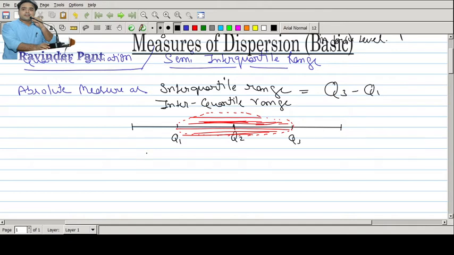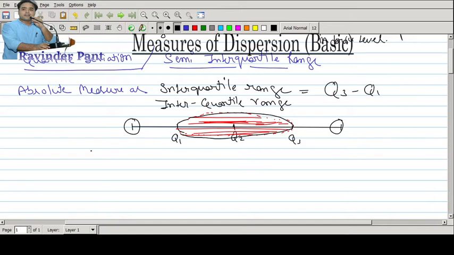As the interquartile range is a positional based measure of dispersion which depends on your first and third quartile, this will include 50% of the entire data. So now you see that this interquartile range is not affected by the extreme values, rather it is making its choice on the center 50% of the data, leaving the first 25% alone and the last 25% alone. So the dispersion is calculated from the mid 50% of the data.